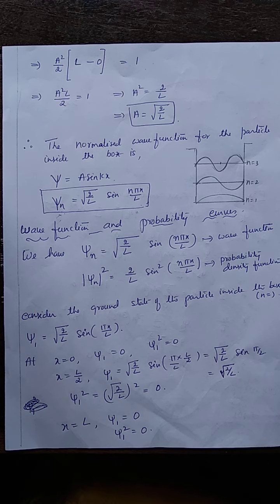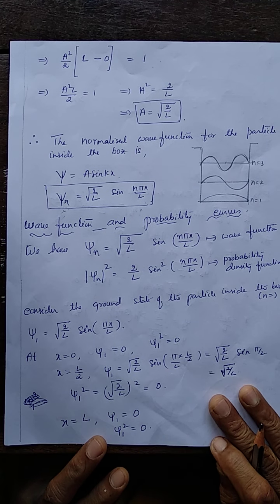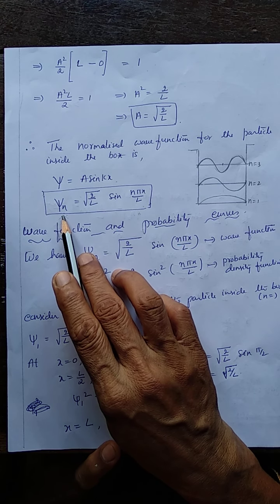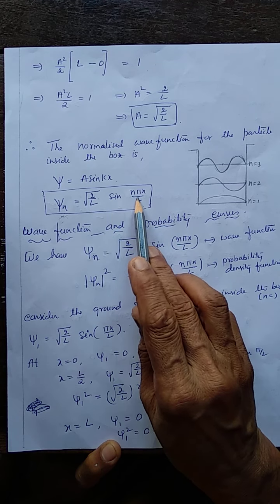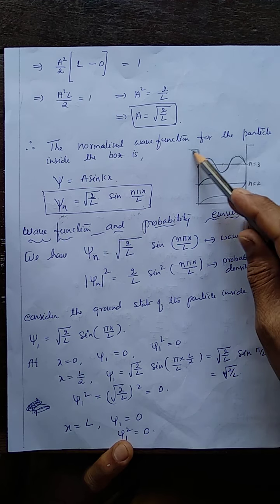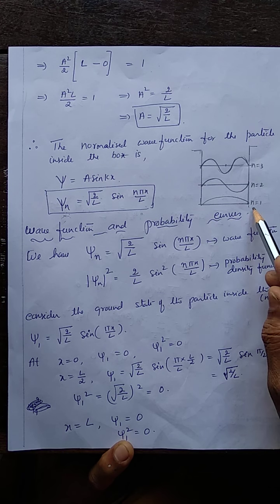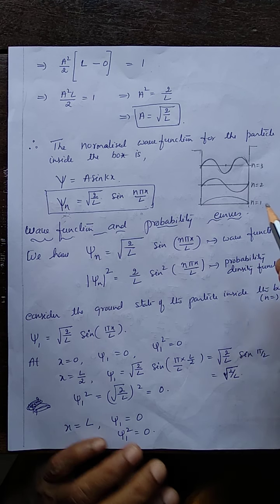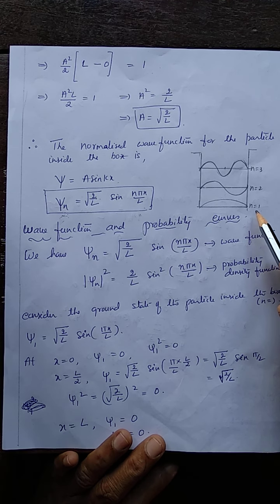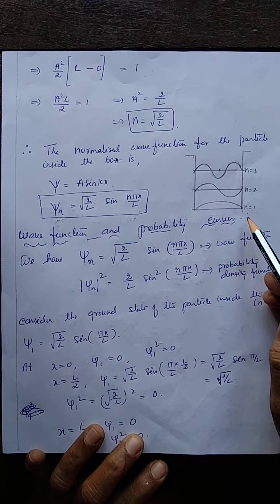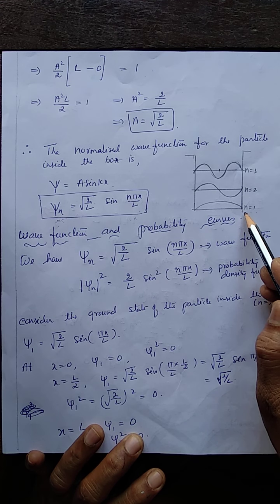This is about the wave function and the energy value associated with the particle in a one-dimensional box. The wave function in the nth energy state is given by root of 2 by L sine n pi x by L. And see here, this is the one-dimensional potential well. When the particle is in the ground state, n equal to 1, the energy possessed by the particle is the minimum one, h square by 8m L square. And the wave function psi n in the ground state will be of this type.